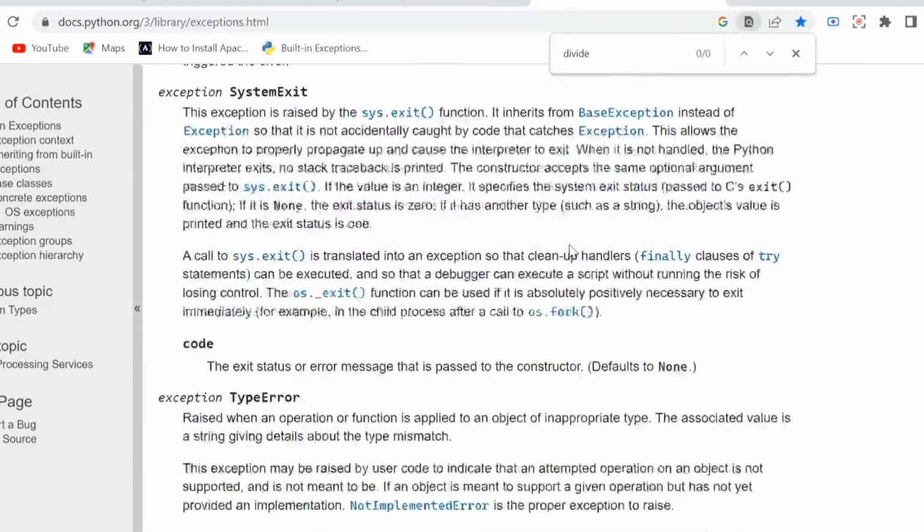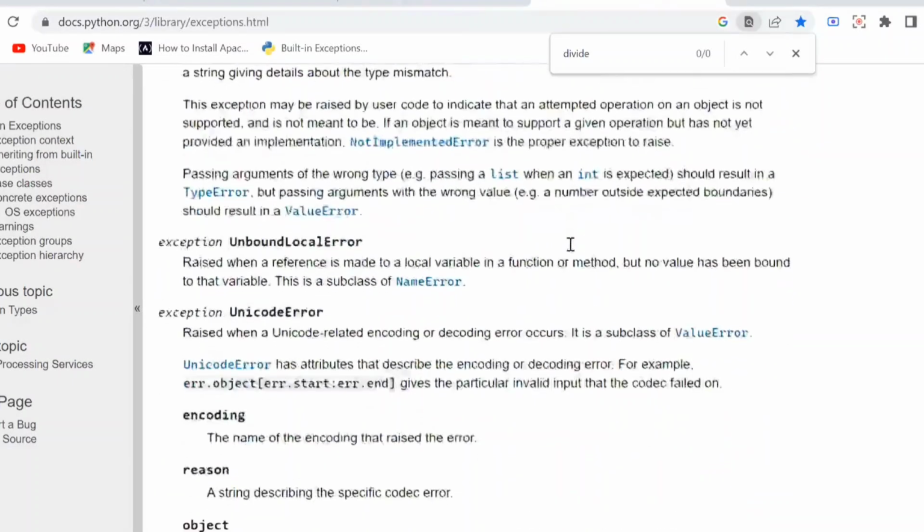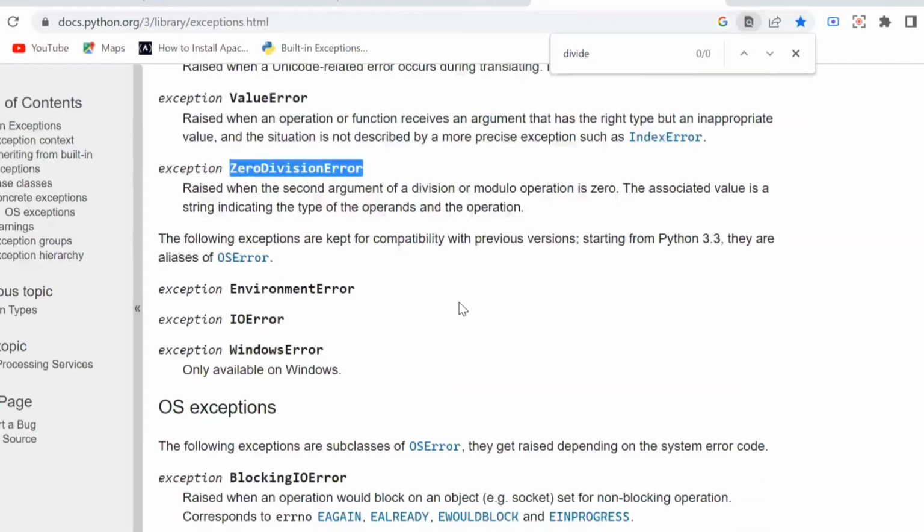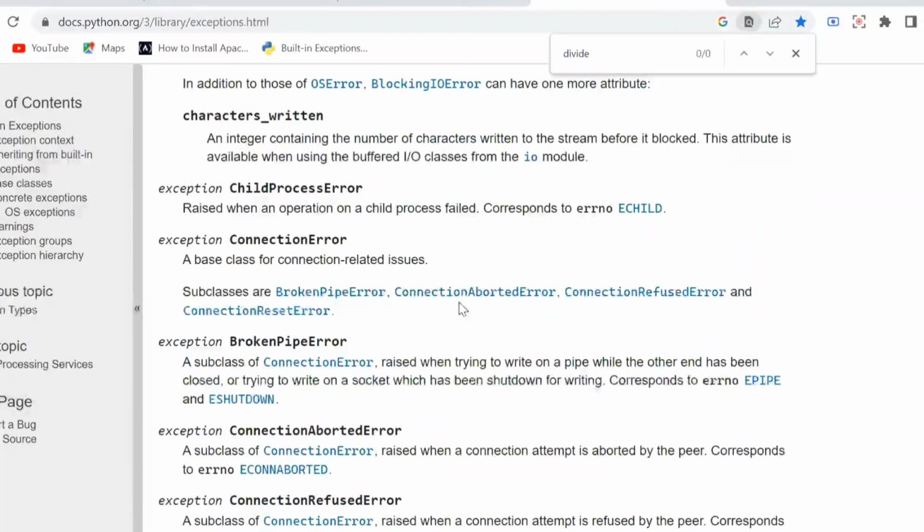If you want to specifically catch some exception, you can give the exception name and it will just pick that one. Okay. One more thing, Ankit, what is the logical difference between else and finally?